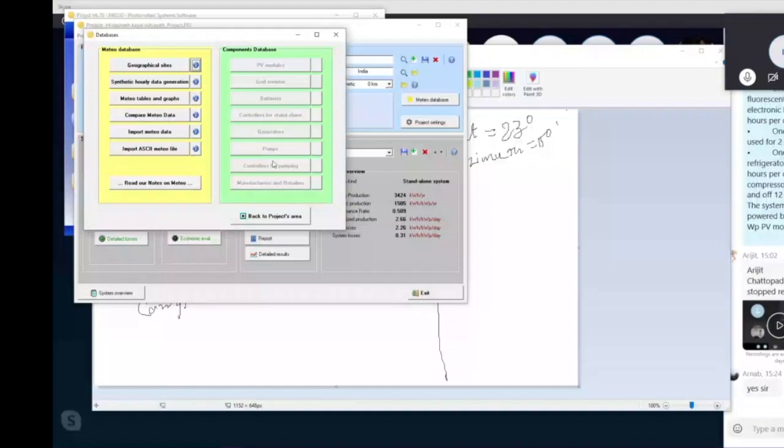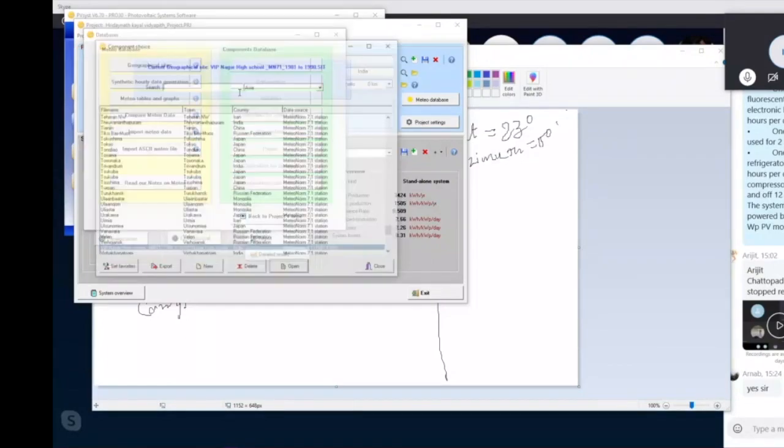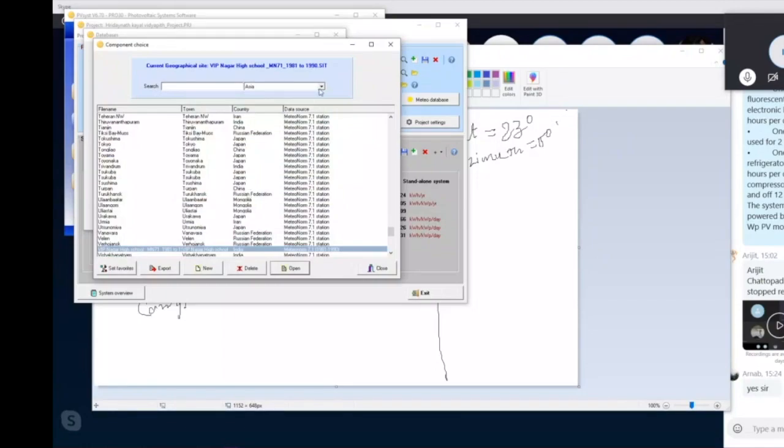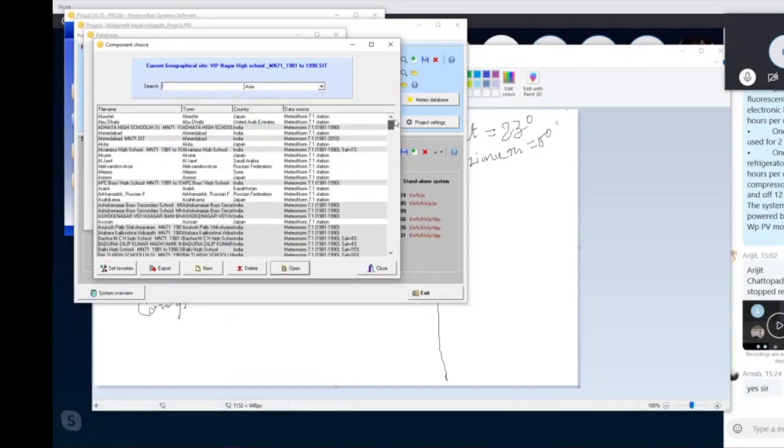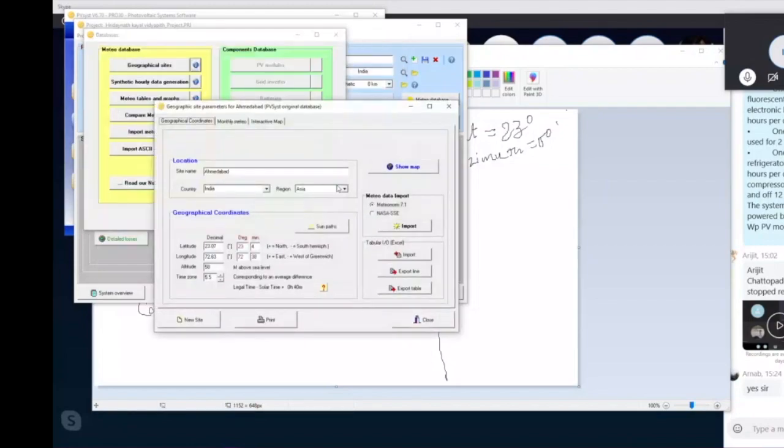Once we click Meteo database, it will open the geographical site or our database pop-up block. From here we need to click geographical site. Once we click the geographical site, we can see all the sites that are already in the database. From the database, let us select Ahmedabad, the third option. Once we click on Ahmedabad, it will open up into a new page